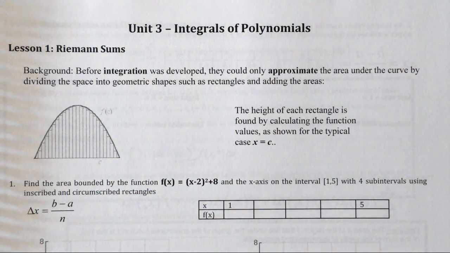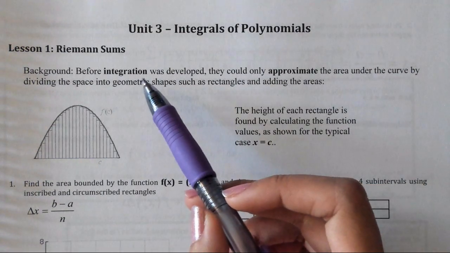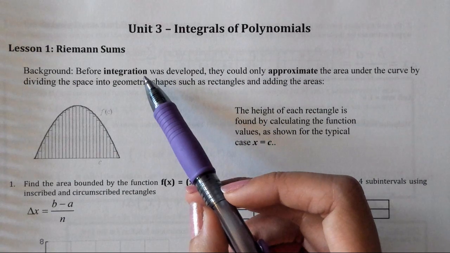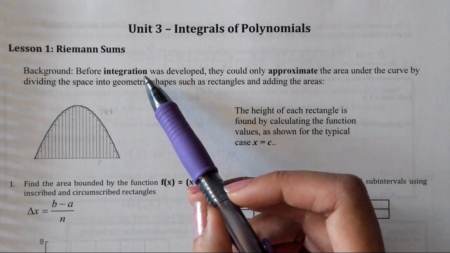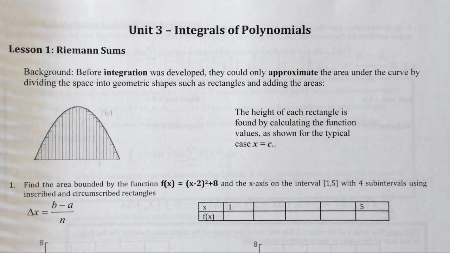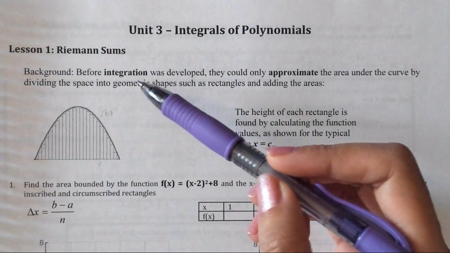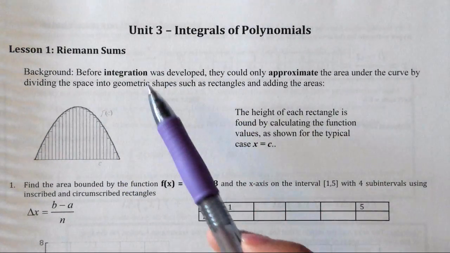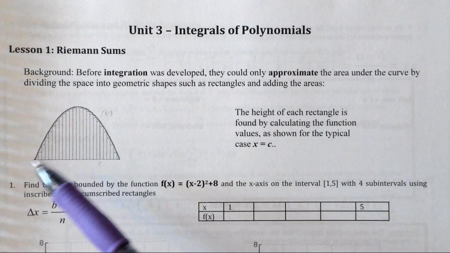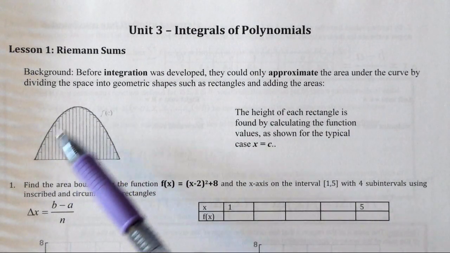Okay, we're starting with integrals of polynomials. And first thing we're going to do is talk about Riemann sums. The reason why we have Riemann sums is because back in the day, before they figured out integration, which is basically the second part of calculus, the B part of calculus, they were like, okay, well, how do we approximate the area under the curve